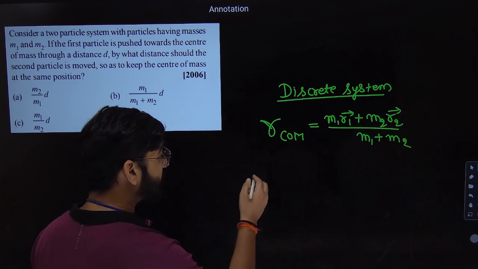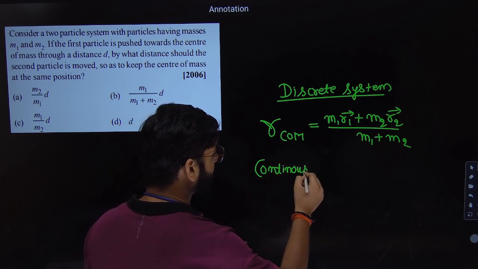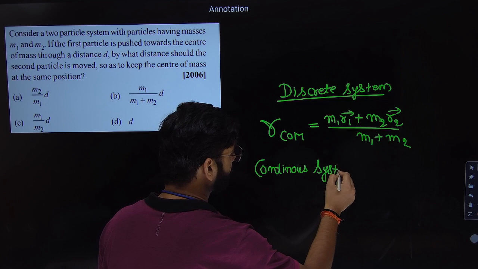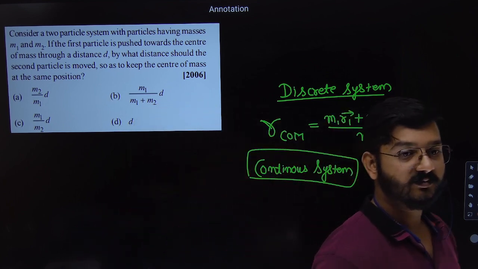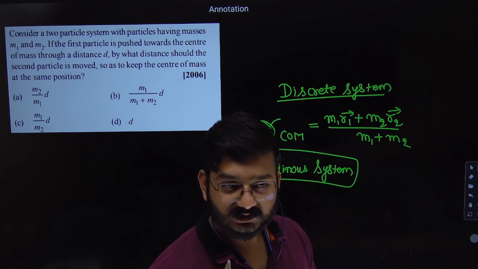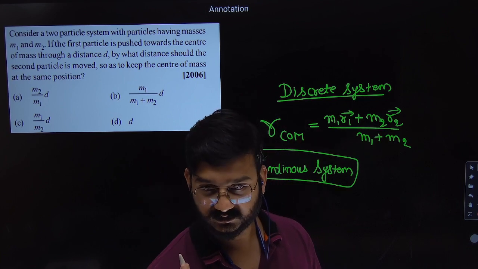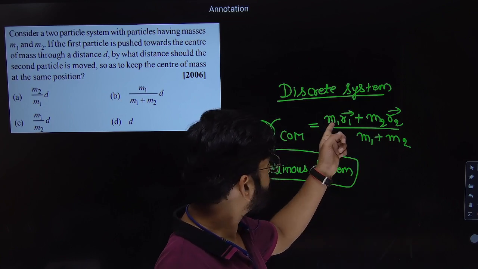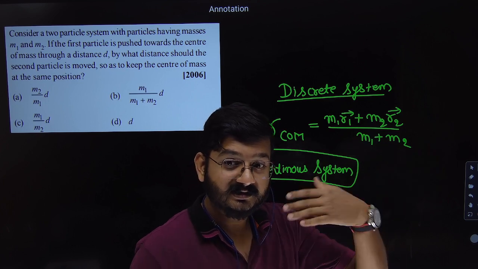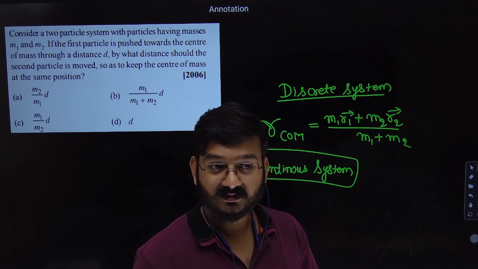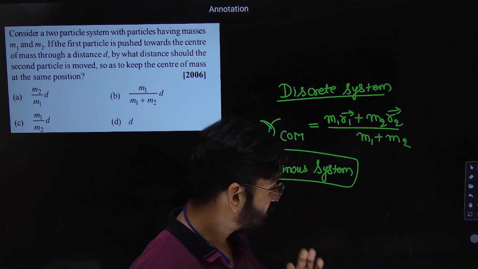Now, if you have a continuous system, what is the meaning of continuous system? Continuous system means, suppose there are 1,000 particles in an object. Will you do this 1,000 times? No. So what is the other method of adding? Which mathematical tool? Integration. Integration. So what we say,